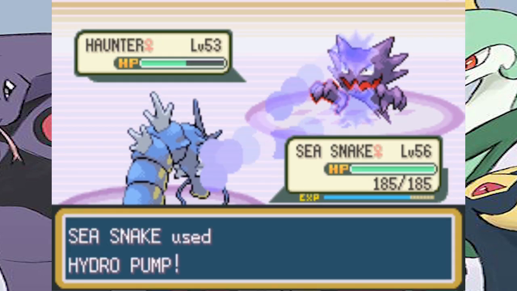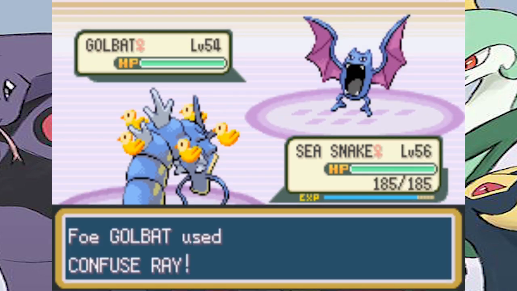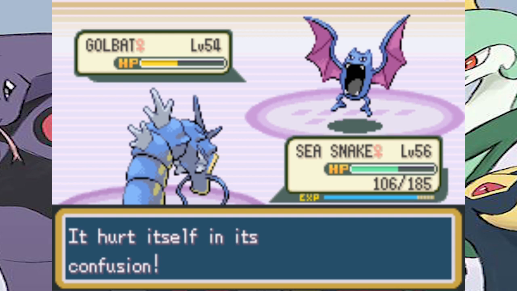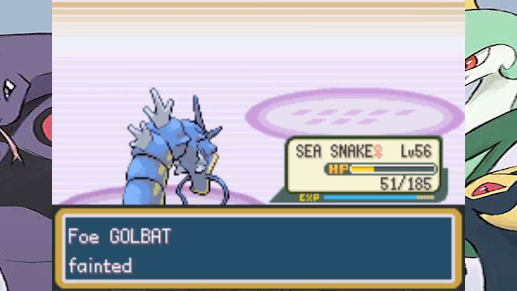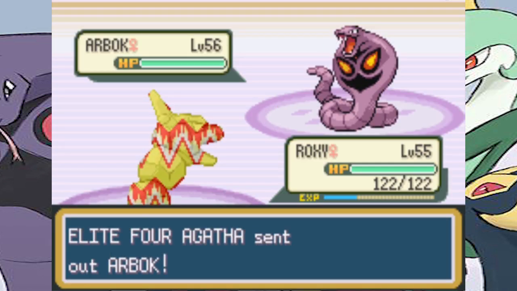with a Hydro Pump. Her next Pokemon is Golbat, and I decide to keep fighting and use Thunderbolt. He confuses me, but I can use Thunderbolt. The next try we hurt ourselves in confusion, and the third try we get another Thunderbolt off and Golbat is defeated. Her next Pokemon is Arbok, and I decide to swap in Roxy to use Earthquake since that is super